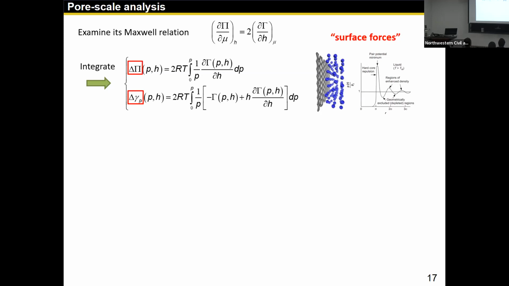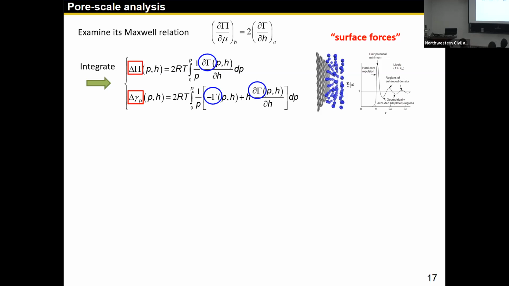near the surface. And that pi captures all this interaction normal to the pore surface, to the pore wall. Gamma captures all this interaction tangential to the pore wall. And they are kind of surrogates for all the rich interactions happening. There are dedicated fields, like surface science, that study these kinds of forces. So I would say this is a good bridge, our vehicle to carry all this good stuff into our continuum